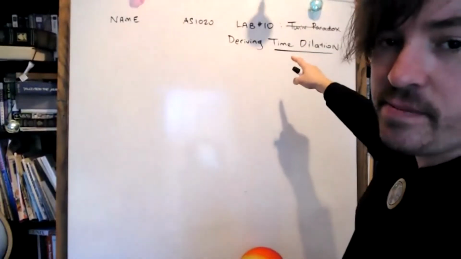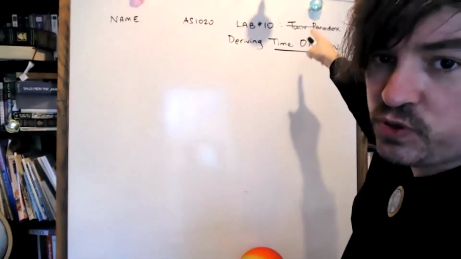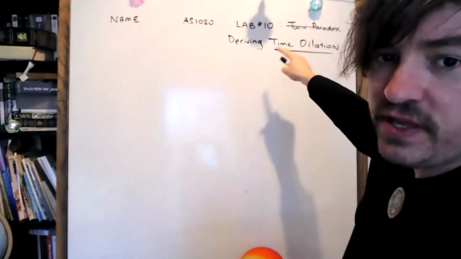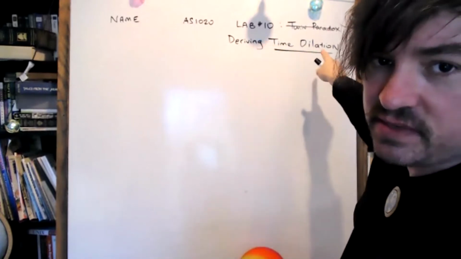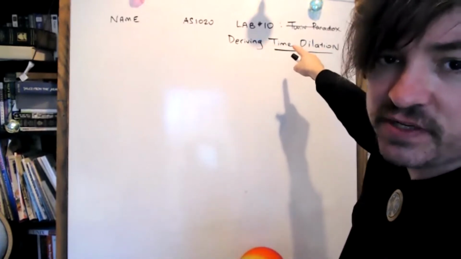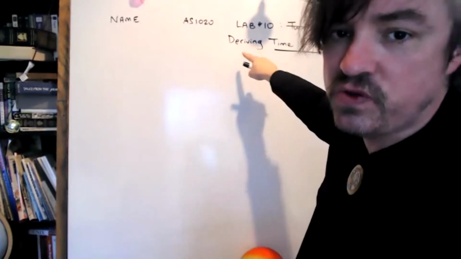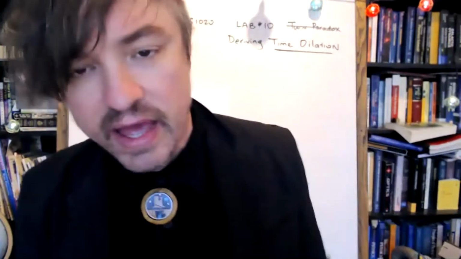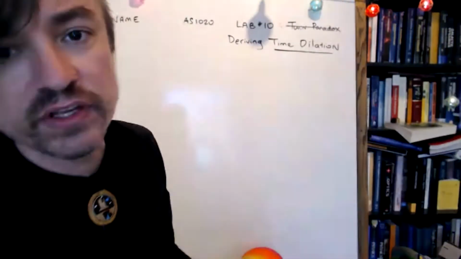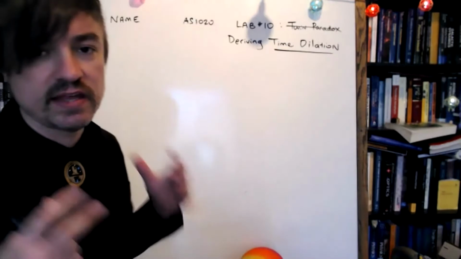Here's my argument. We need the formula for time dilation to teach you the twin paradox. So rather than jump over this, because we didn't quite get to it in the class, I had a little too much fun with you guys today. Rather than leapfrog over this to get to the twin paradox, which is going to leave you confused, we're going to spend some time carefully deriving time dilation because it's such a preposterously weird result. And then at some later point, maybe at the end of lab quickly, or maybe next time, we'll cover the twin paradox in its own way, all right? This makes sense, and I think it'll be the most pleasurable for you guys as well.